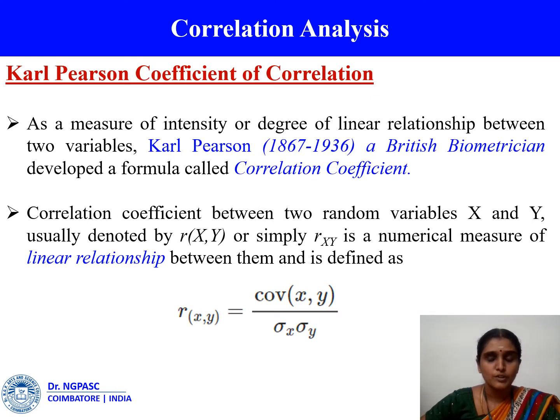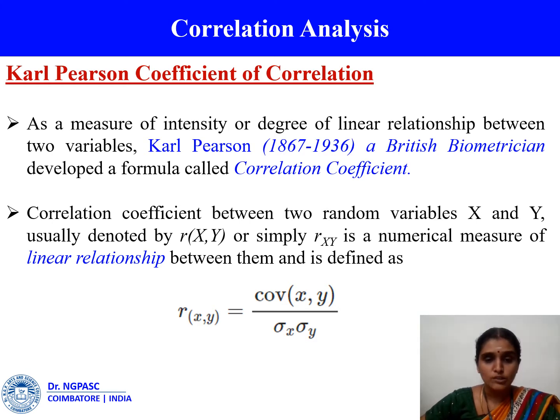Called Pearson's coefficient of correlation. It is one of the methods to find the correlation coefficient. As a measure of intensity or degree of linear relationship between two variables, Karl Pearson, a British biometrician, developed a formula called correlation coefficient. Correlation coefficient between two random variables x and y, usually denoted by r of x, y, is a numerical measure of linear relationship between them, and it is defined as r of x, y is equal